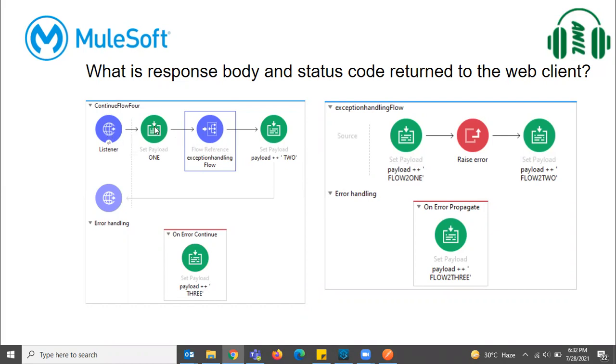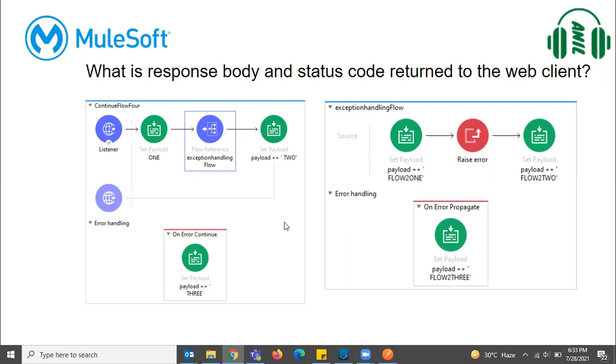Here we are setting 1, and then from here it will go to this flow to 1, and then here we are raising an exception, so it will go to here. So here we are using on error propagate, so flow to 3 will be added and it will come back and move on to the error handling.